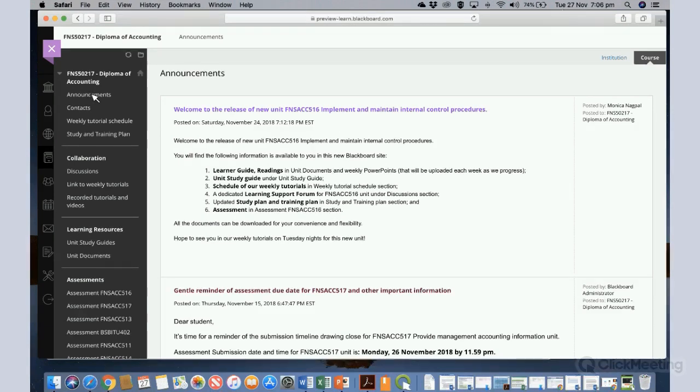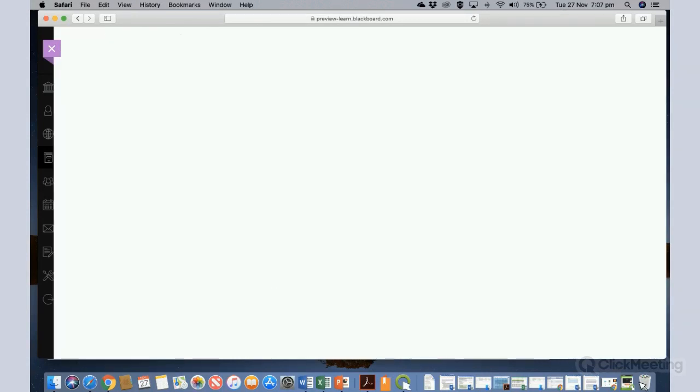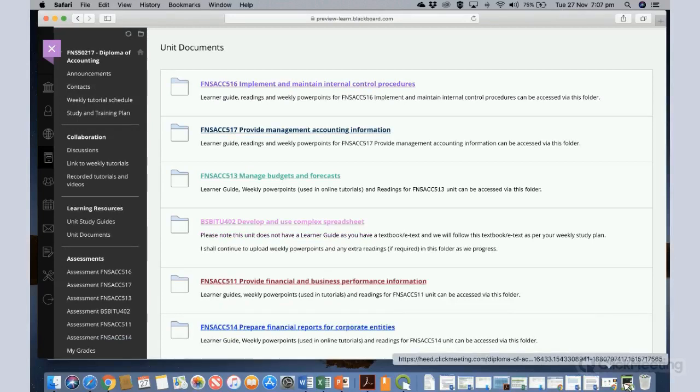Everything on the left-hand side is very similar to what you had access to in the prior Blackboard site. It's just a little bit more modern looking, but pretty much the same. Feel free to access it, and your links to the tutorials, recorded sessions, everything is there. I've checked and unit documents from the past also exist. So it should be okay. I'll just stop sharing